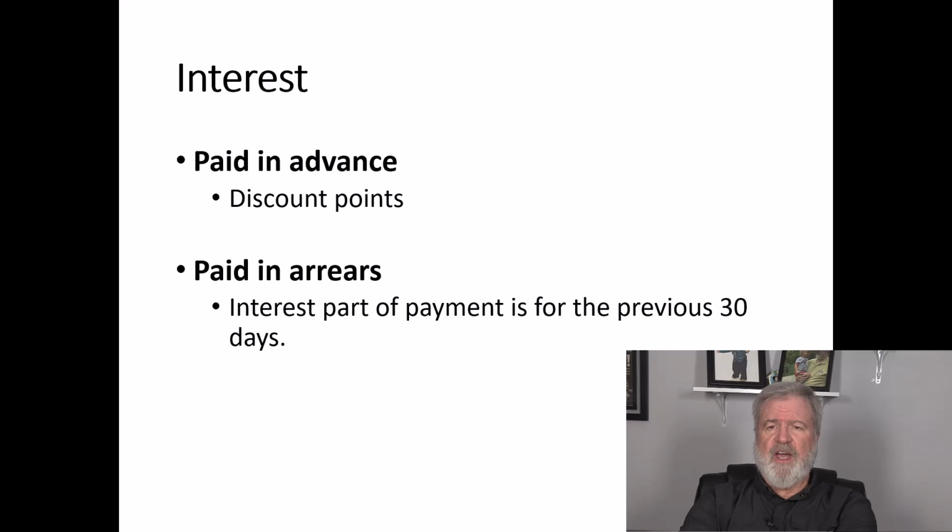Y'all, first of all, you have discount points, which we know is just interest that's paid in advance. We've talked about that a few times. Just make sure you remember how much a discount point costs. 1%. Y'all, each point is 1% of the loan amount, not the purchase price. If you get that wrong, you're going to get the question wrong, I promise you. So a discount point costs 1% of the loan amount, and then each point will lower your rate by 1/8 of 1%. But then there's this interest paid in arrears.